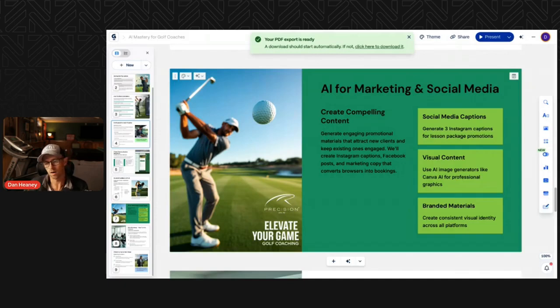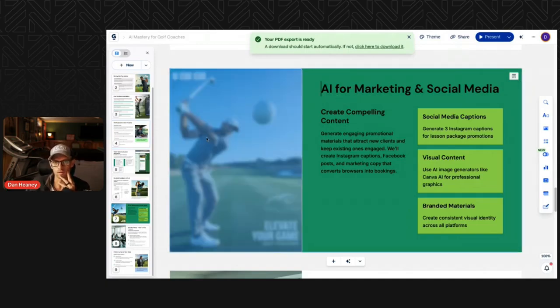Now, are videos in the golf space made by AI the best right now? No, there's still a lot of glitchy stuff that happens with the physics of a golf swing and AI not quite understanding that. But when it comes to B-roll content, overlays, and graphics, it's starting to do a pretty darn good job.